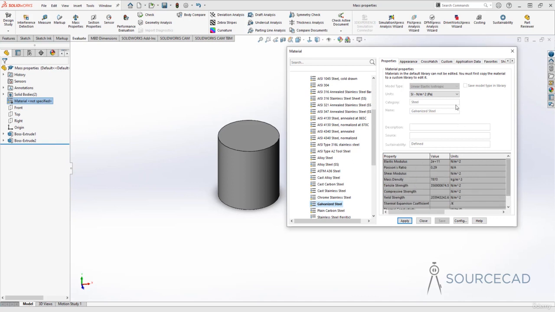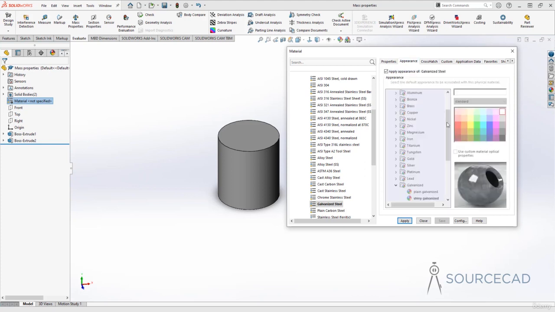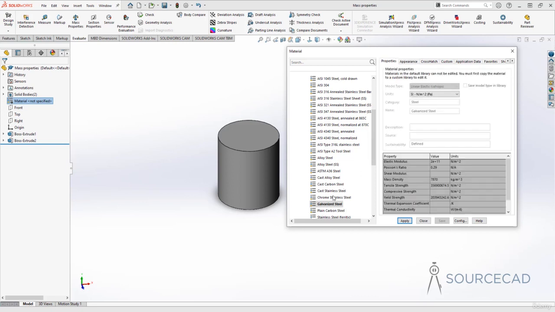Now you can change the unit of this material. If you want to see it in a separate unit, just select the unit from here and it will show it in a different unit. But still the value is unchanged. If you want to see how it's going to look, then go to Appearance tab, and here you can see the appearance of this material. Once again, these things are read only. You cannot modify these properties. Okay, so now I'll go to this properties, and here is the galvanized steel which I want to apply on